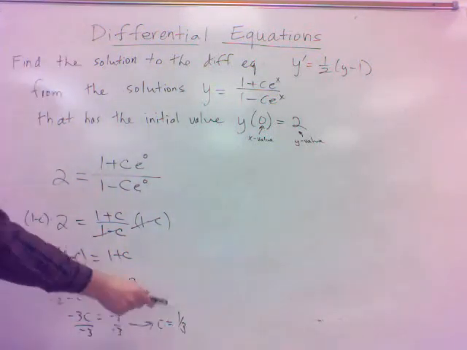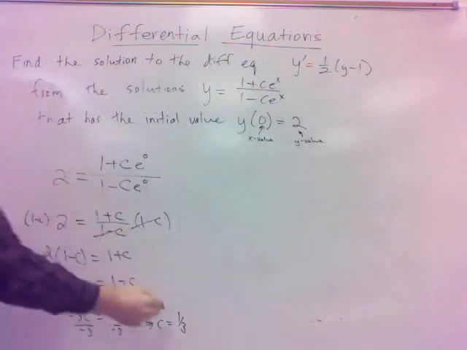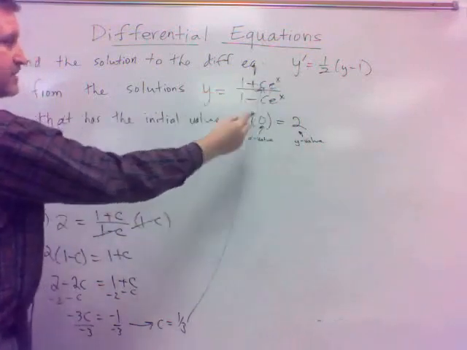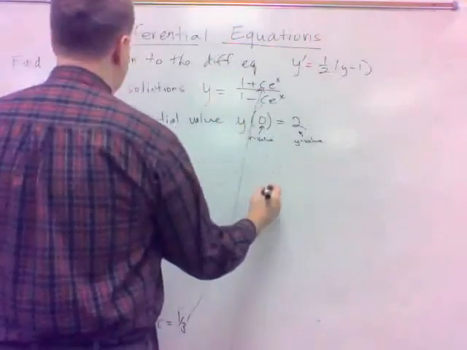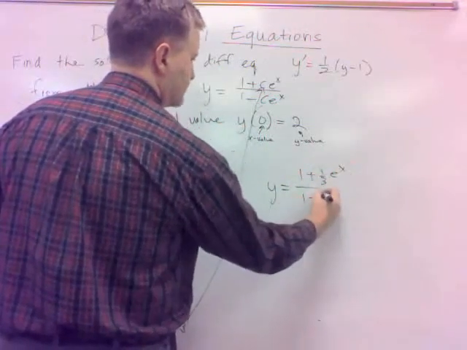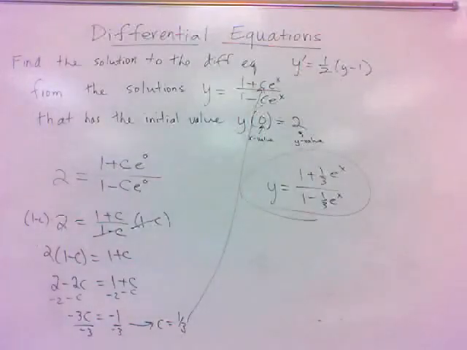But that's not really the answer. The answer is find the solution, the particular solution with this initial value. So that would mean plugging in our c value right here. These are the family of solutions. So I need to plug in my c value. So the solution they want is y equals 1 plus 1/3 e to the x over 1 minus 1/3 e to the x. All right? Not too bad, right? Okay. Well, the question then becomes,